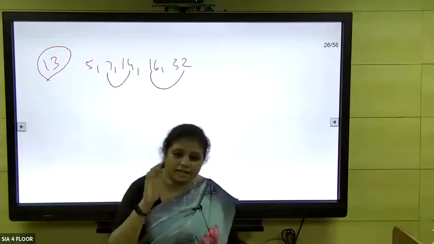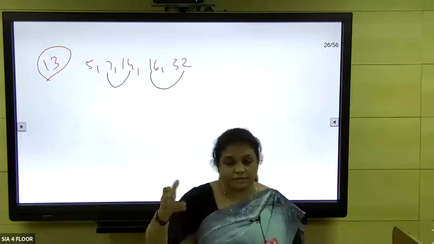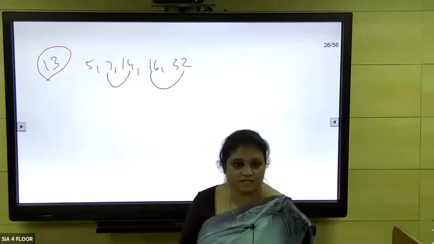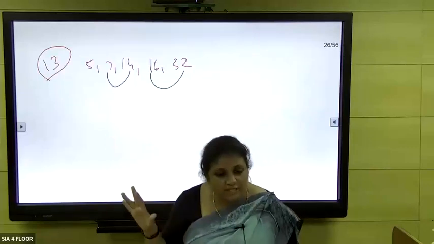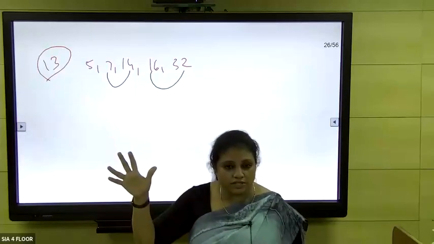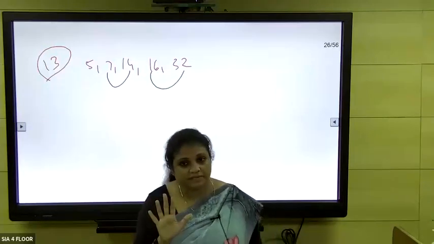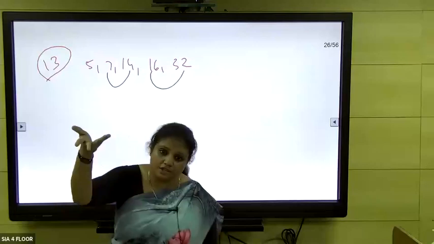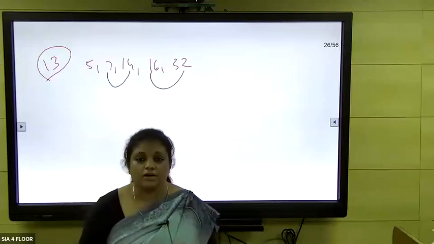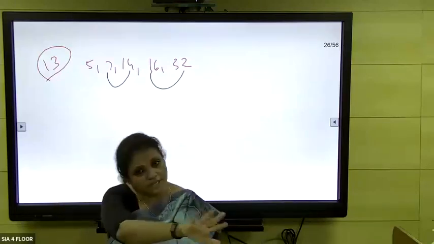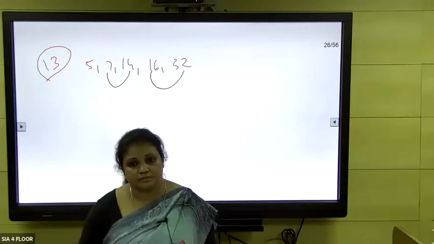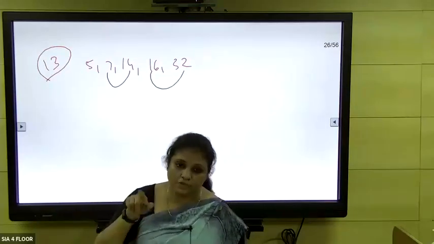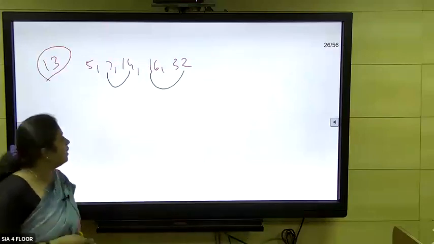So this technique I have used many times. Might be the sequence contains some other logic, but if we apply this, we'll get the answer. I think everyone knows that a sequence can have more than one logic. I may use some other logic to find the answer, you may use some other logic, and you'll get the same answer. If your logic is right, you'll get the same answer only. But the logic can be approached in too many ways. I'll give you one more better example for that.